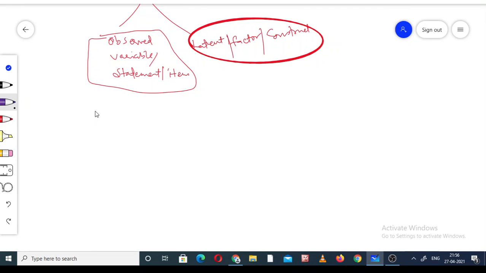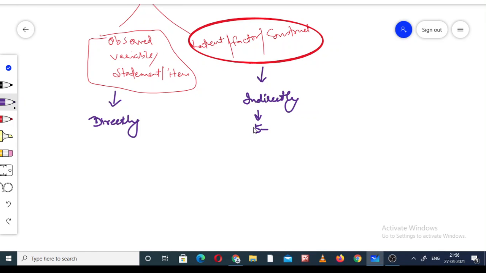In our research, when we ask questions from the respondents, two methods are there. The first, we directly ask the questions from the respondents, and the second, we ask indirectly. Indirectly means we make some statements and we ask through the statements.